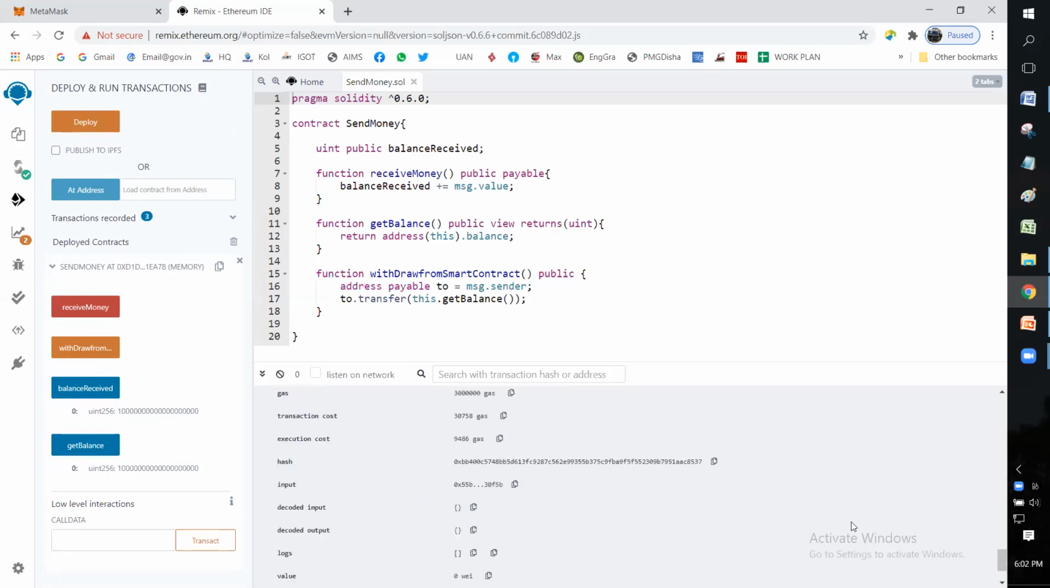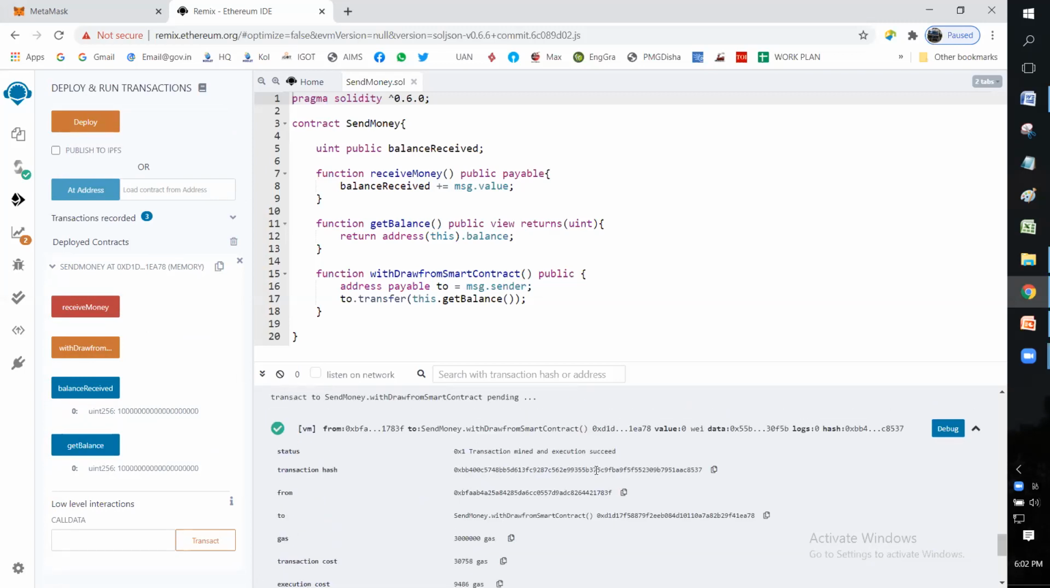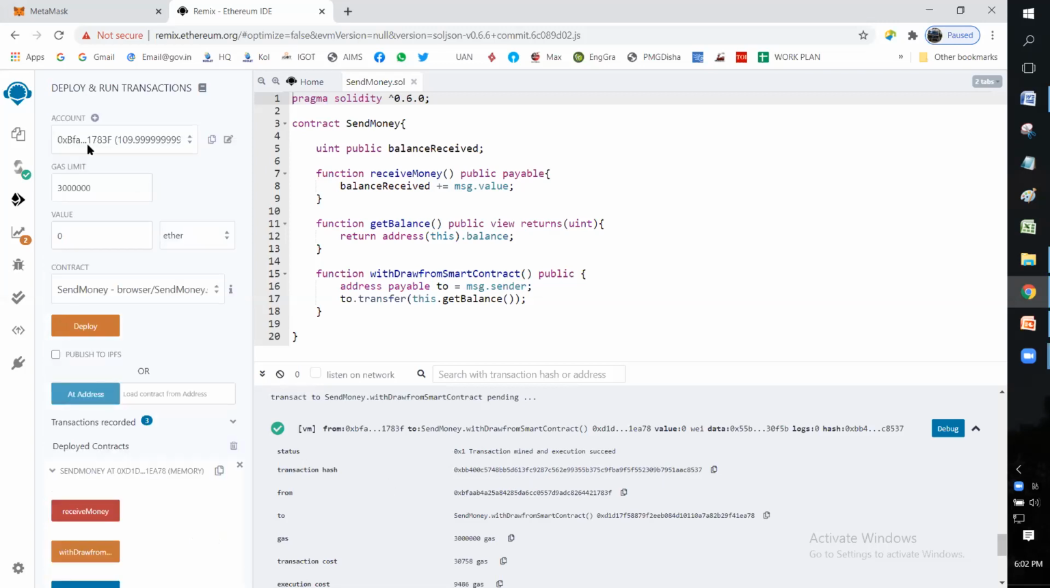It was mined properly. Yes, it was mined. Transaction mined and execution succeeded. You can see the transaction hash is also created, and this was the address. You can check 0xBFA. From this address the smart contract was called, and to this address the ether has been